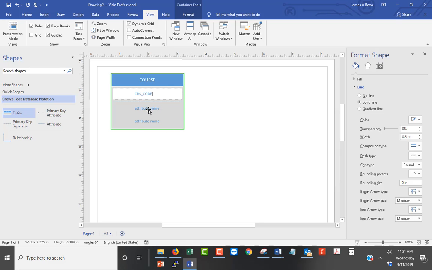And then the attributes that follow, I've got department code, and I'm double clicking on this to get into an edit mode with the attribute, and this is CRS description,